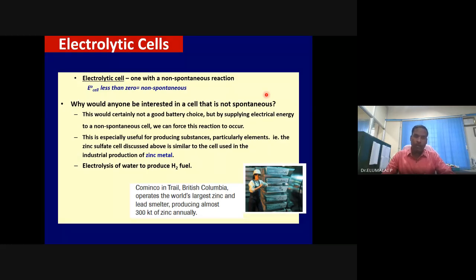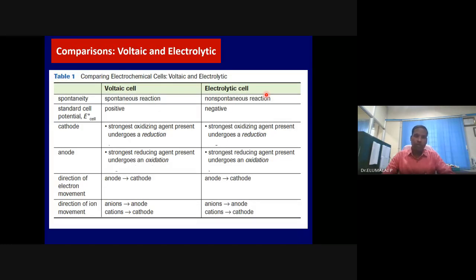In electrolytic cells, the reactions are non-spontaneous. It means they are associated with a positive free energy change. Any reaction associated with a positive free energy change is non-spontaneous; you have to make an effort to make those reactions occur. And the cell potentials are negative. These devices are also technologically important, especially for electro refining of metal oxides into metals, or chloralkali, hydrogen generation, chlorine generation, HCl generation, or anything. So we have seen this difference in the last class.